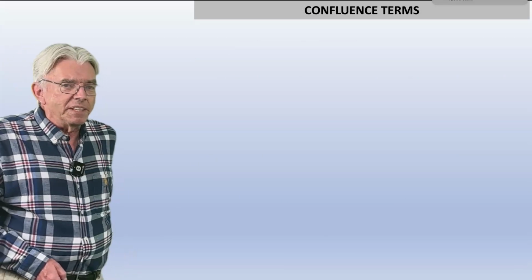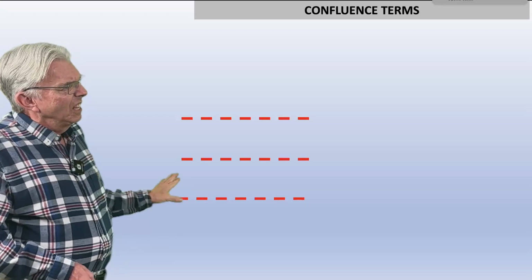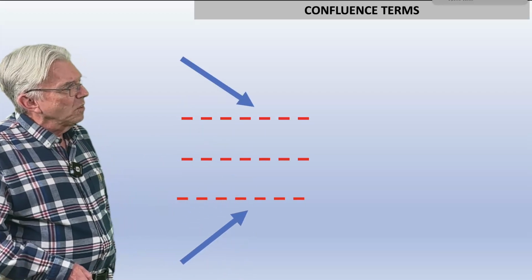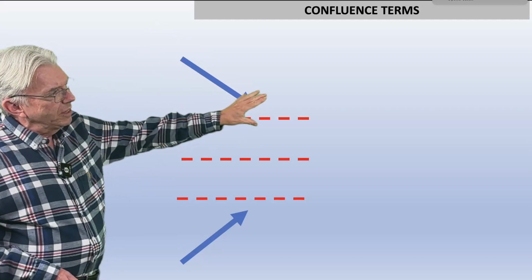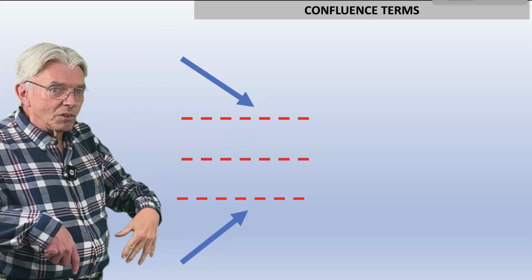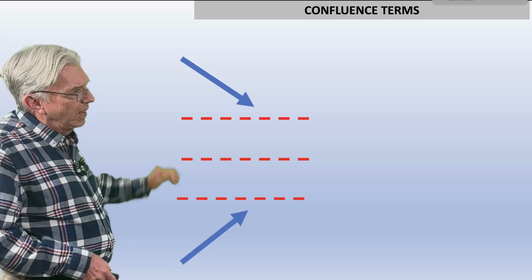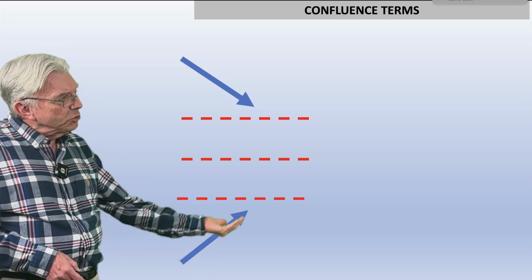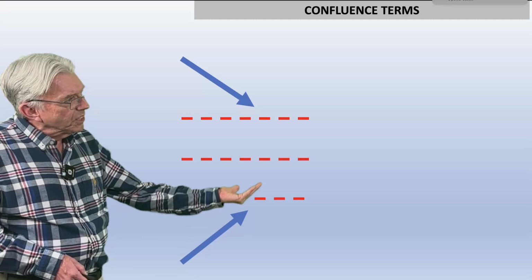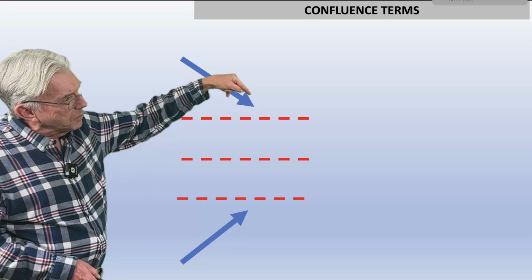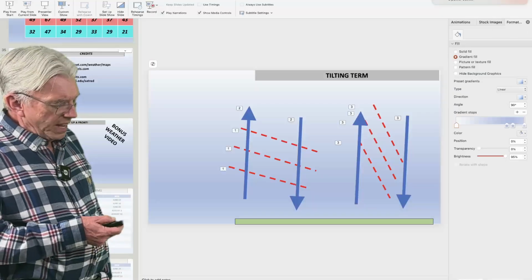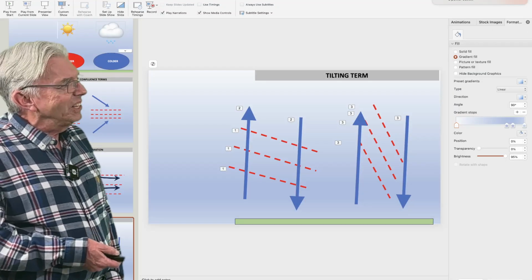Now let's take a look at these confluence terms. So let's have three isotherms here, okay? These are lines of equal temperature. And we've got a northwest wind up here, so you're sort of looking down on the atmosphere. This is like looking at a weather map. Northwest wind up here, southwest wind down here. So these winds are going to blow these isotherms up like this, and these winds are going to blow that isotherm down there. And so the end result,